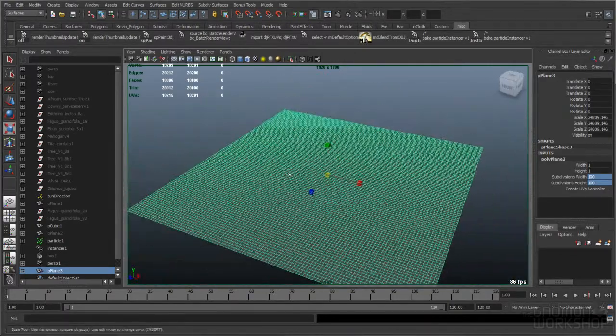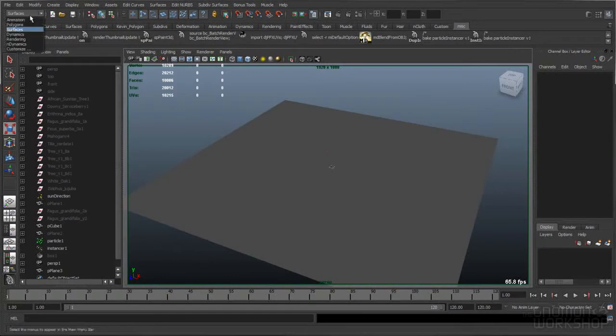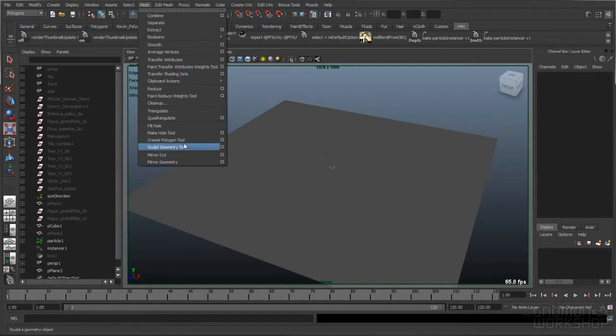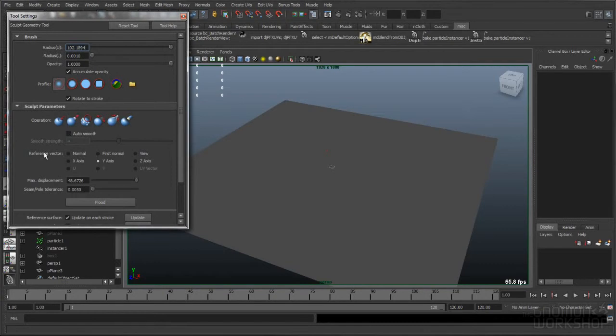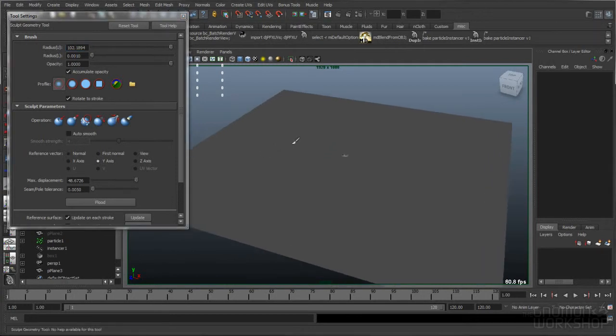and then once it's scaled up, go to polygons, mesh, sculpt geometry, and then usually I only sculpt on the y-axis, so polys only go up and down. If you do it along the normal, you're going to get geometry kind of going through itself and crinkling up, and I don't like that. So in here,